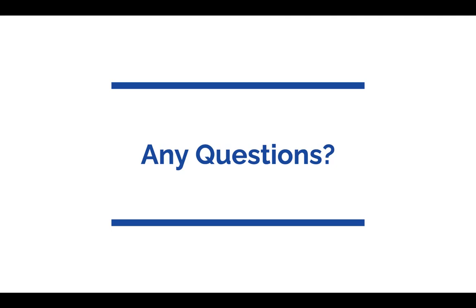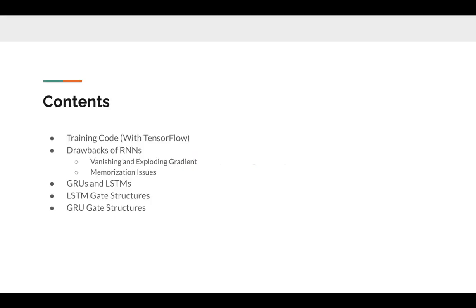Okay, so this session will be a bit different. I'll show, we'll go through the training code first, and I'll tell you why. Because from the previous training code where we used RNNs, moving to GRUs or LSTMs, nothing changes much. The only thing that changes is the Keras layer we are using. In that case we used a simple RNN Keras layer, but in this case we'll be using a GRU or an LSTM layer.